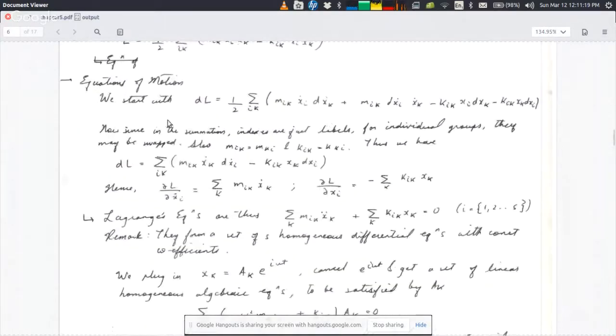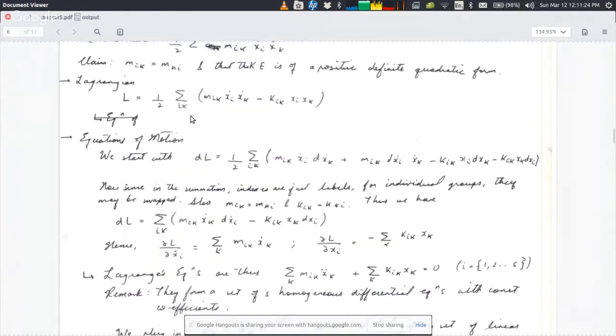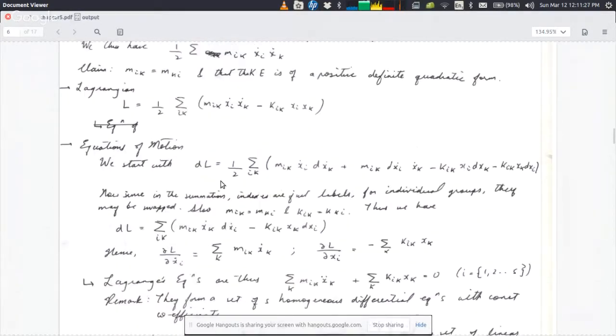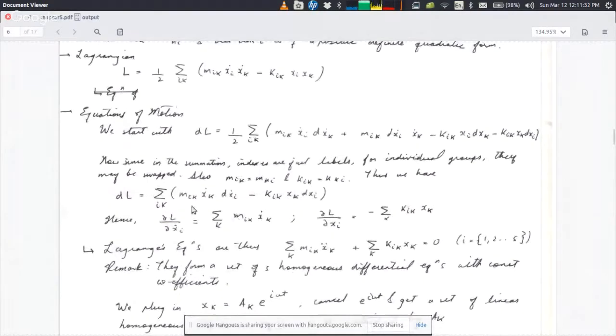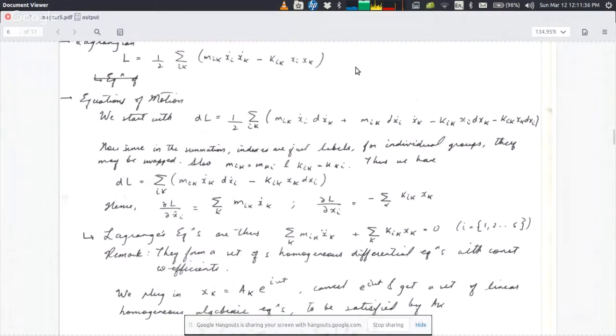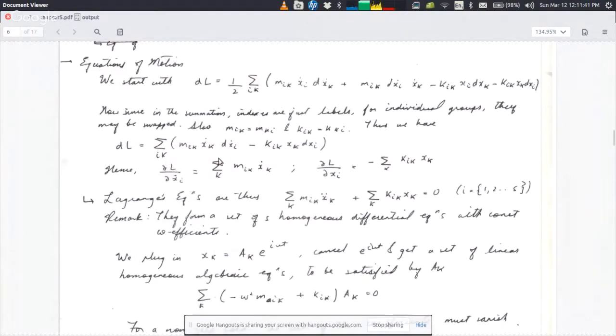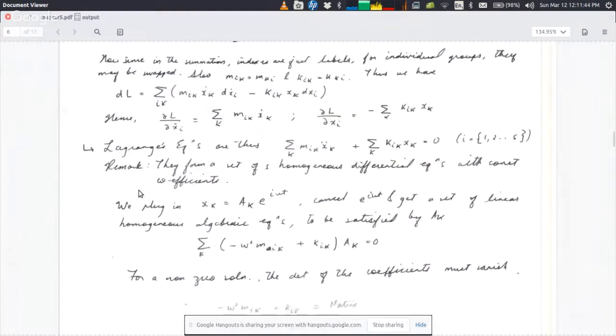Okay. From this you can obtain the equation of motion by basically taking the derivative of the Lagrangian directly, so that your dx and dx dot coefficients come out explicitly, and you have to use the property that I described above, that they're symmetric, and change labels and so on. So from this you can find your Euler-Lagrange equations as this: Mik x double dot k plus Kik xk equal to 0.